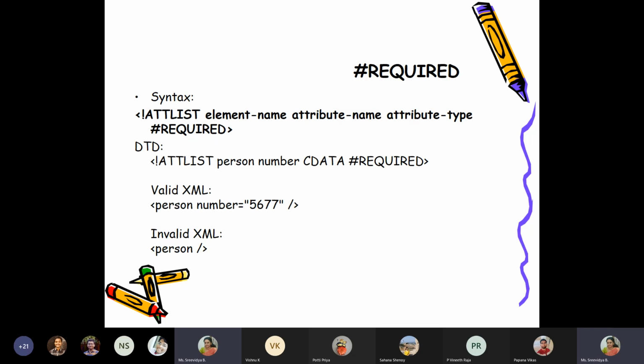But if I say person number, CDATA #REQUIRED, it means that when I am writing the XML document, the number attribute is required with its value. Person alone, without that attribute, is an invalid XML document.